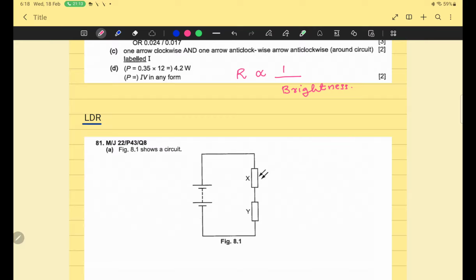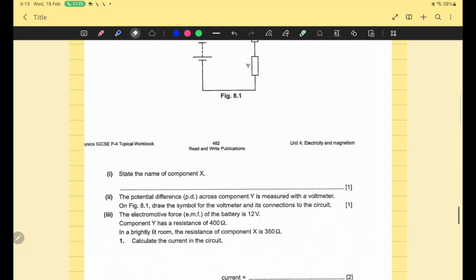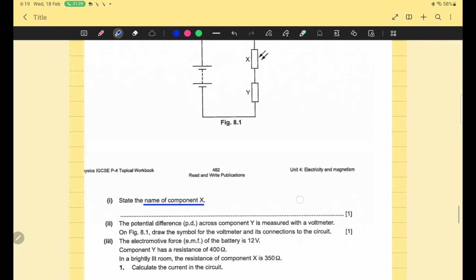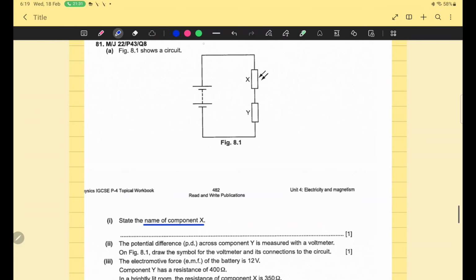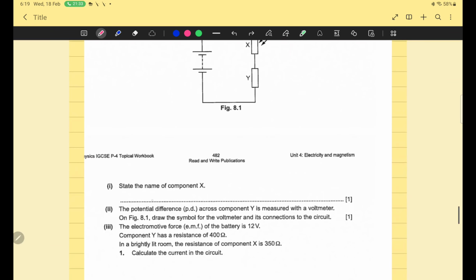Okay, so it is the basic concept. LDR is a light sensor, thermistor is a temperature sensor. And now the first part of the question: what is the name of component X? Sir, component X is LDR,